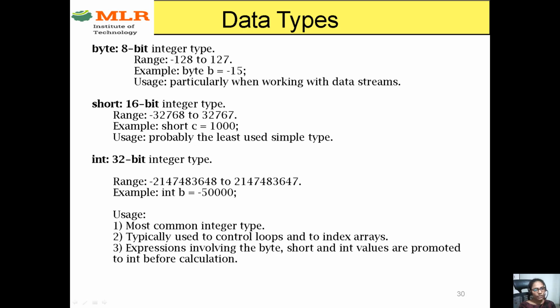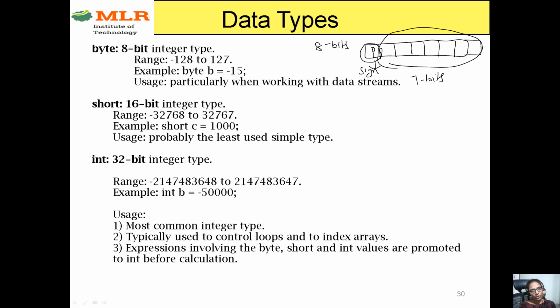These are the different ranges for these data types. I will give you a shortcut for integral types here. As we have 8 bits, all these numbers are signed numbers. The first bit is used for sign. That means it may be a positive number or negative number. If the number is positive, the first bit will be 0. If the number is negative, then the bit will be 1. So the first bit is reserved for sign. That means you can assign the value only for the 7 bits. So here the range will be -2^7 to 2^7 - 1. This is the range for byte.